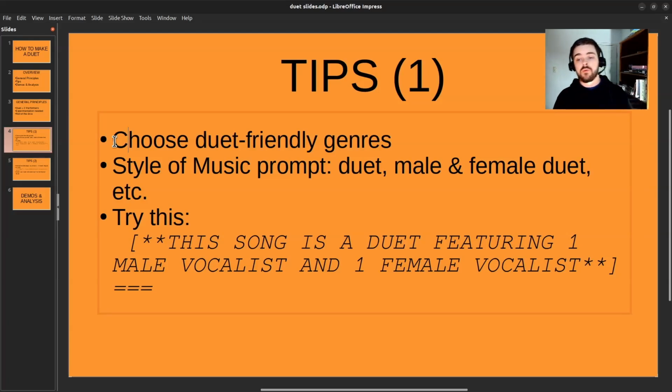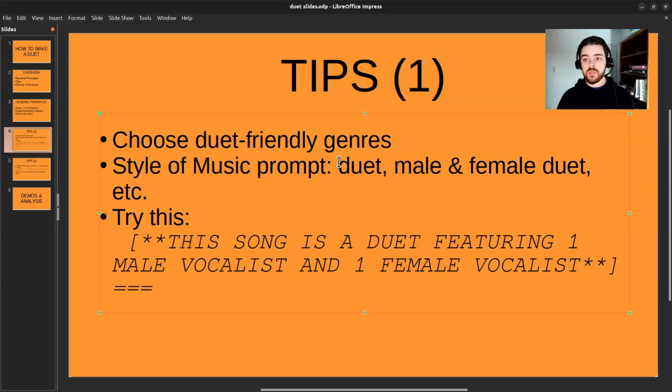Those are going to give you, you're probably going to have an easier time getting a duet to actually work by putting it into the AI versus picking a genre where it's uncommon that that's a thing. And that principle applies at Suno in general. If something is rare in the genre, it's going to be a little bit tricky for you to get that to come out when you're trying it as well. Not impossible, but that being said,